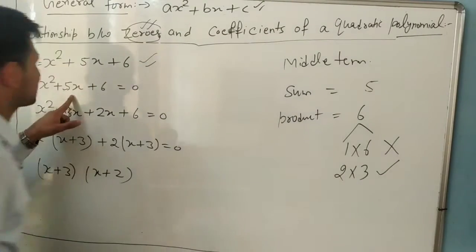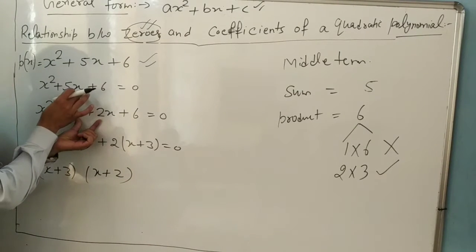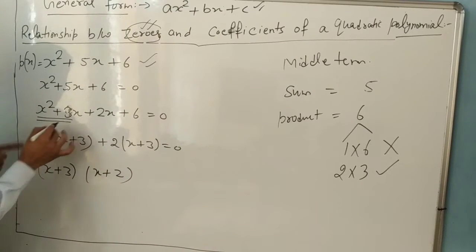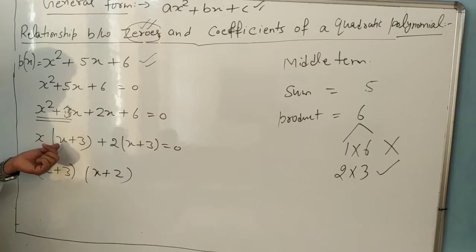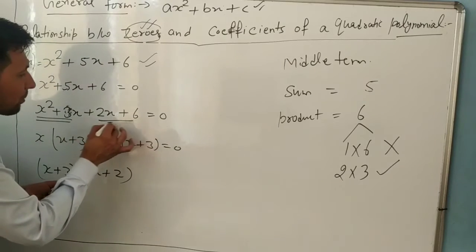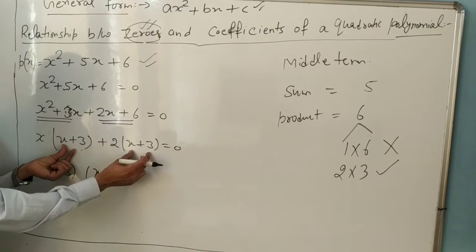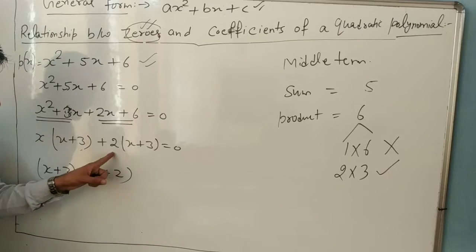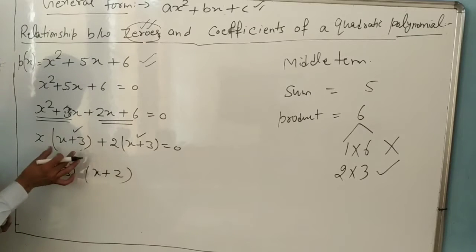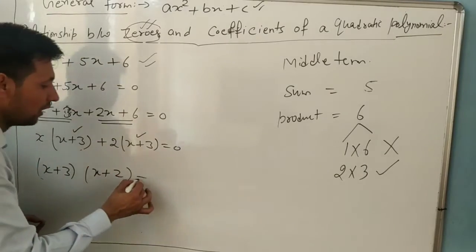So you will write 5x as 2x plus 3x, x square plus 2x plus 3x plus 6, because 2x plus 3x is 5x. Now we will take common from the first two. What is common from these two? X. So what remains? X plus 2. X plus 3. Now same as it is, we will take common from this one, and we will take common so that the same bracket remains. So what will we take? 2 is common. 2x plus 3. Because if the bracket is the same, we can take common again. X plus 3. What remains? X. Here remains 2, equal to 0.